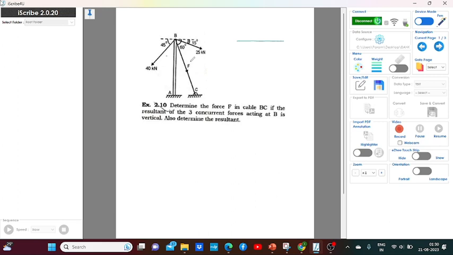Now, what is this F? First, let us decide what is this F. The F is nothing but tension in the wire. And what is this tension? See, let me consider a rubber band over here. This is a rubber band. I am stretching this rubber band. So at any point at the center,